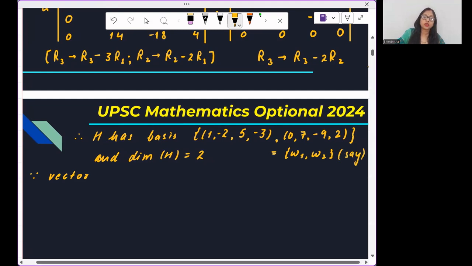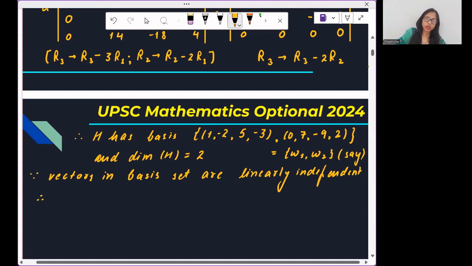Because vectors in the basis set are linearly independent, therefore W1 and W2 are linearly independent vectors, right? And by extension theorem,